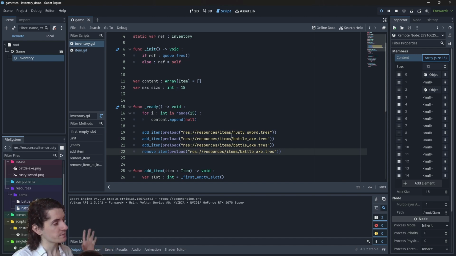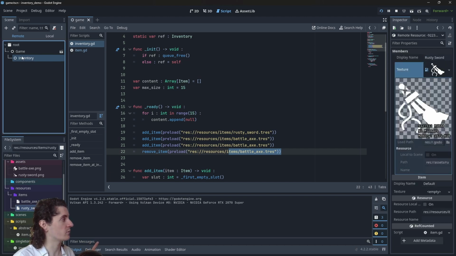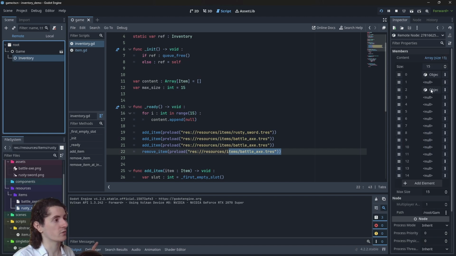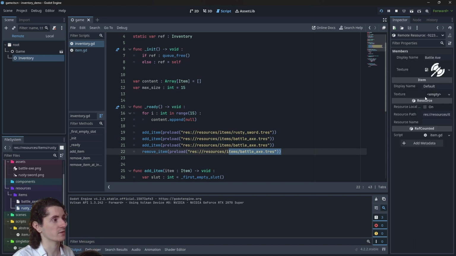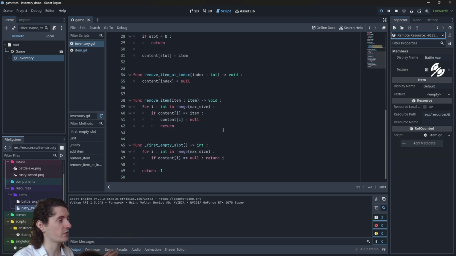Okay, so here we created 3 items and then removed 1 battle axe, and we do have this object here, which should be a rusty wood, and we can go back in the inventory to check if we do have a battle axe in the slot 3, which is the case. Perfect. So here we have the inventory functioning. So we do have those methods which allow us to add items or remove items. I don't think we will create things like moving items yet, because that's not so necessary and we actually need to jump within